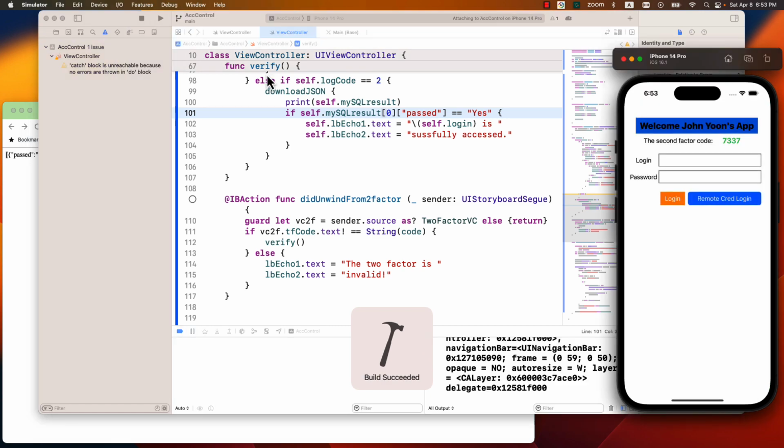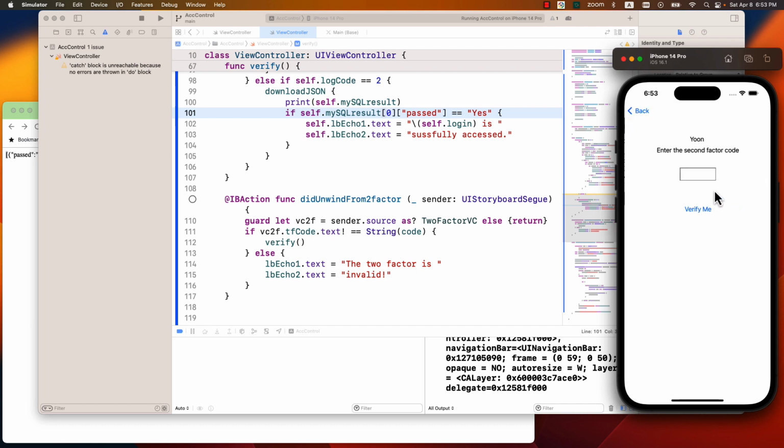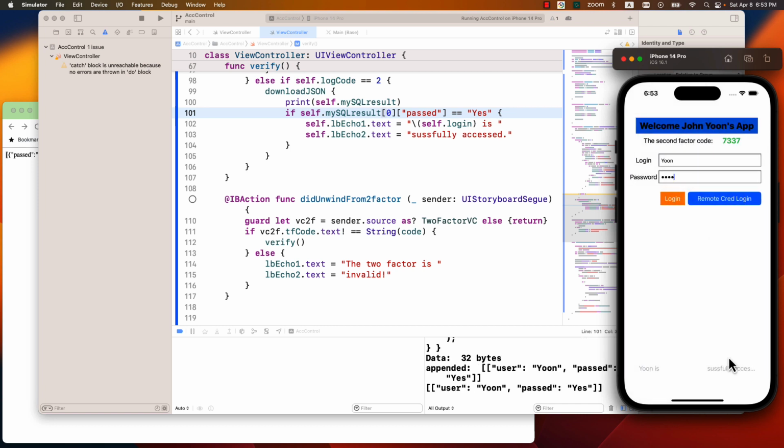So, oh, got that. And 7337. Verify me. Yun is successfully accessed. So we recovered